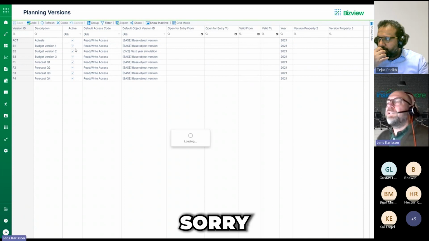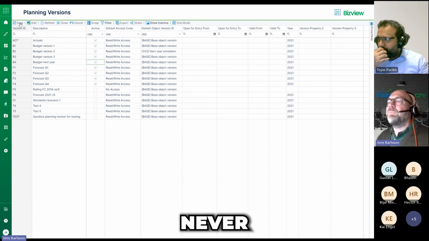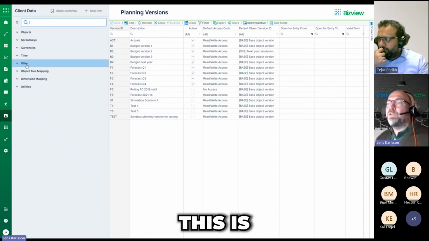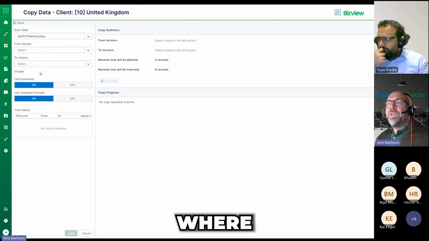Oh, it's under, sorry. I need to inactivate it. Active, there we go. Okay, so now we have that new version, but it's empty. So now I go to copy data, and this is a really, really nice utility where from